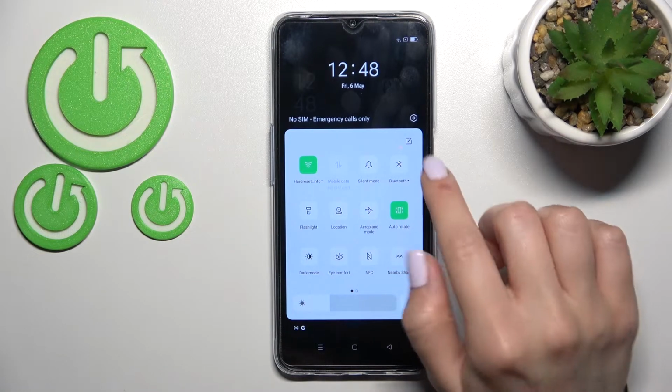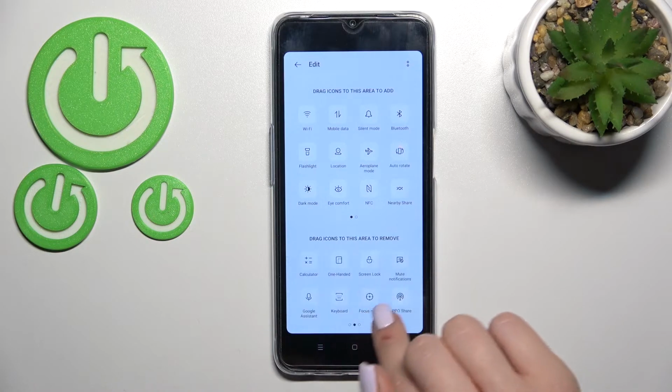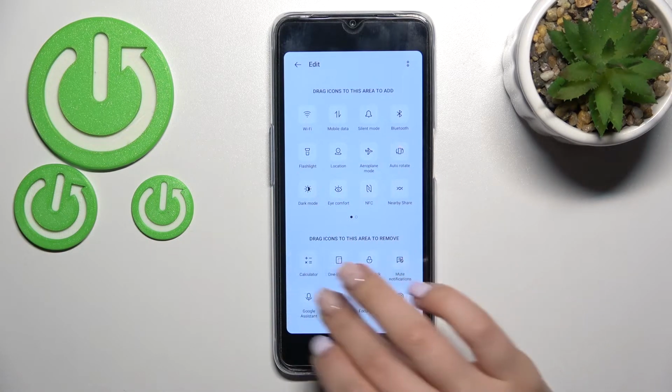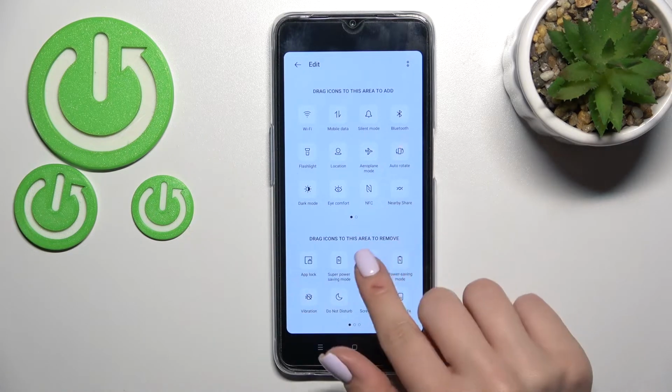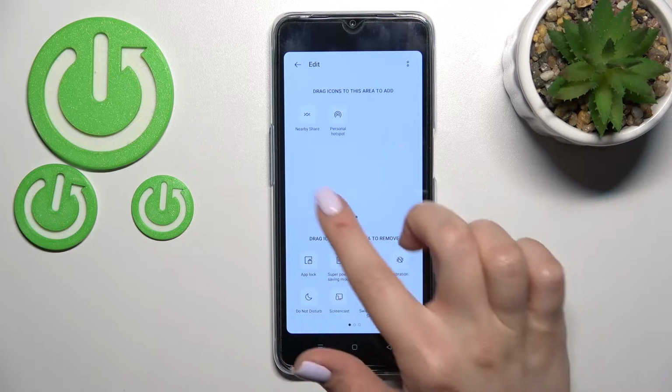And how to do that? You just should click here on this edit icon once. Now we can see here this down section with the icons which we can add. To add them, hold the icon for a while and drag it to this upper section, or